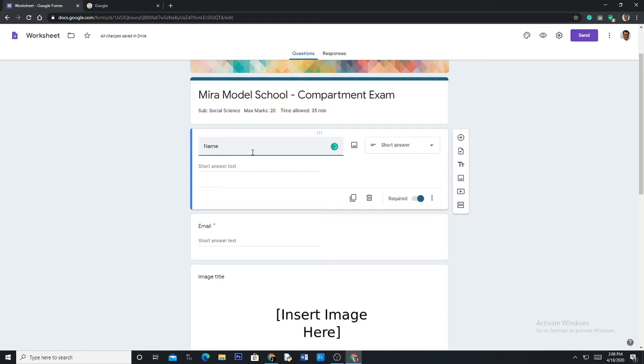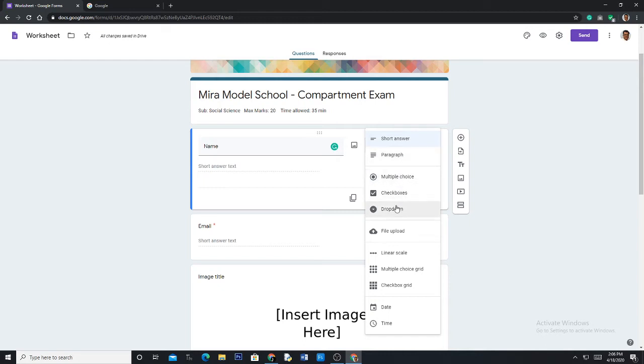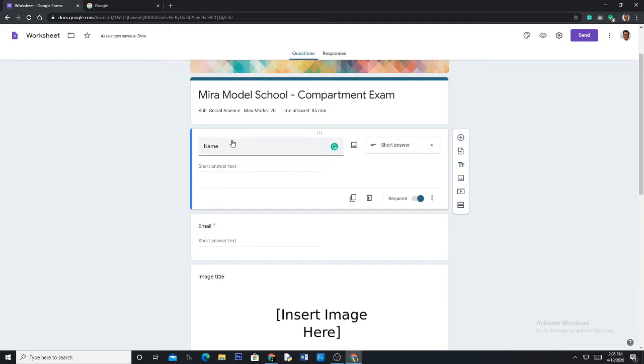If you click here, the student has to write down the name, and for the format of the answer, different formats are given: short answer, paragraph, multiple choice. All these you keep as short answer. Okay, that means a student can write 2-3 lines here. Okay, so this is the place for the student to fill up. Once the question paper is made, I'll tell you how it looks. Okay, once I make it, so this is okay.